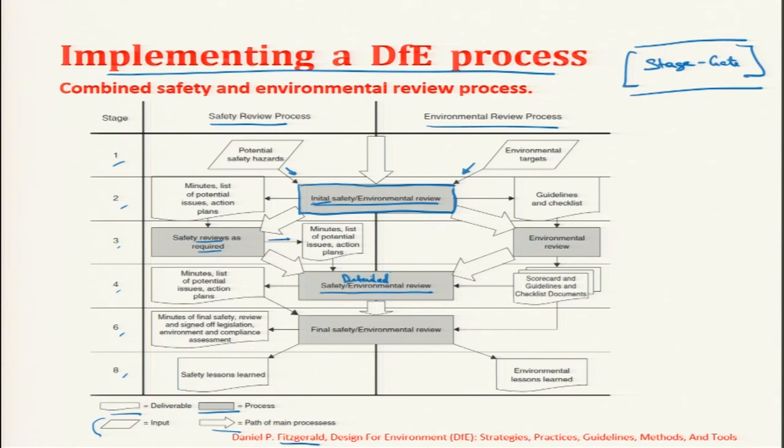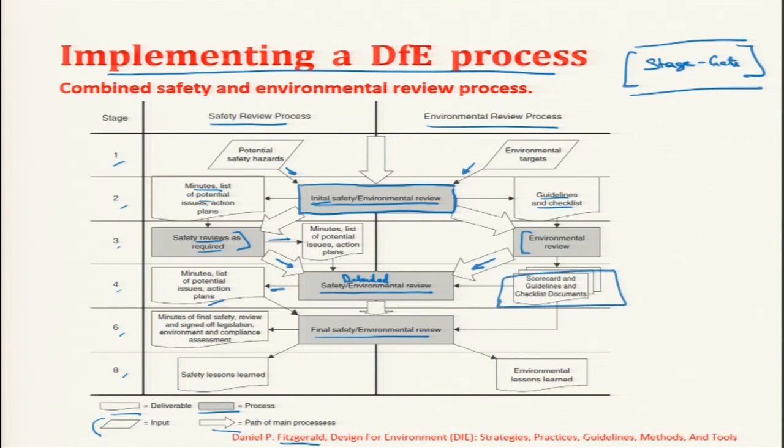And how is it detailed? We have the final safety review required, and we have the final environmental review required, which is based upon the guidelines or the minutes in the safety review and guidelines for environmental targets and the checklist in the environmental review. These act as inputs to get the detailed safety environmental review, and they help to develop another list of plans, or the actual plans, and we get the final safety environmental review after incorporating a scorecard system.